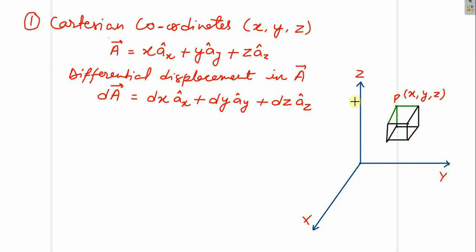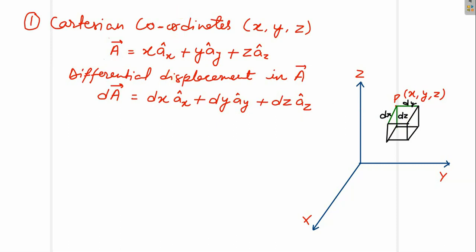Naming it, this part is your dx, this part is your dy, and this part is your dz. In this way, the sides parallel to this will also represent dx, this will also represent dx, and this will also represent dx. So in the 12 edges we have 4 dx, 4 dy and 4 dz.